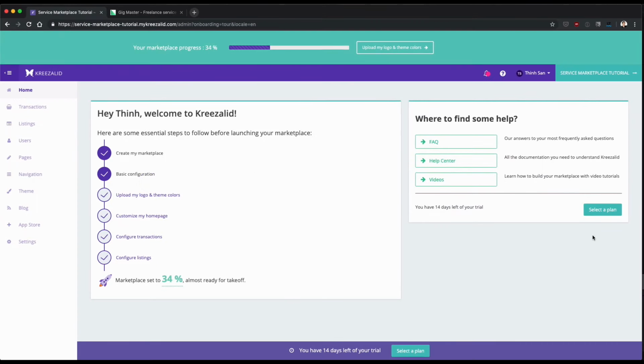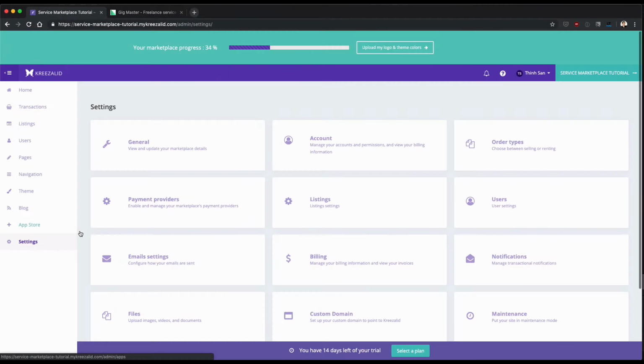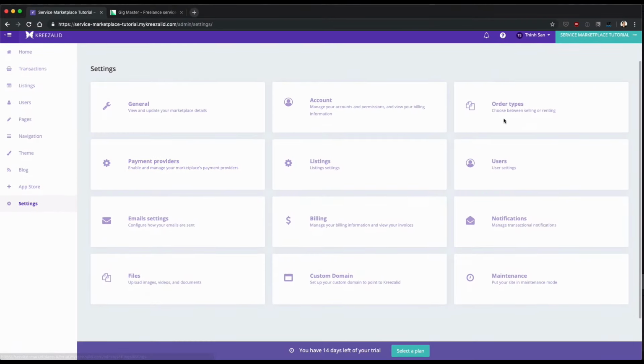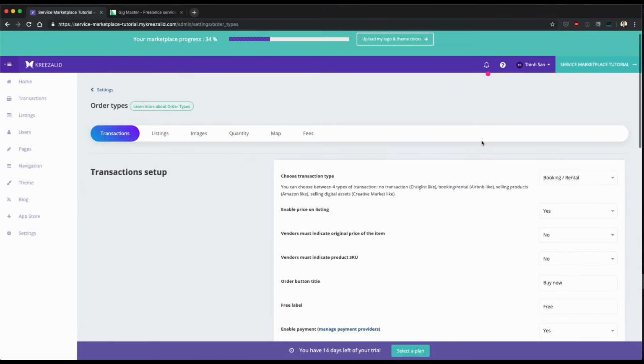So the first thing we want to do is to configure the order types. The order types, basically they are the spine of how we process transactions and how our marketplace works. To configure the order types, go to Settings, and then to Order Types. And here you'll have all the parameters that you can modify to customize the way the transactions will behave on